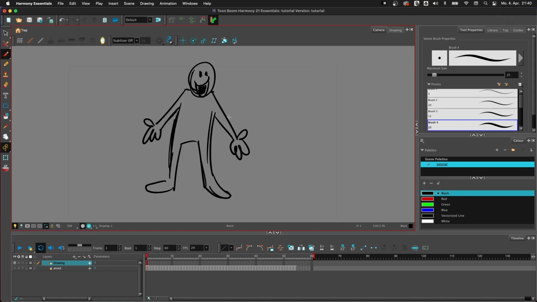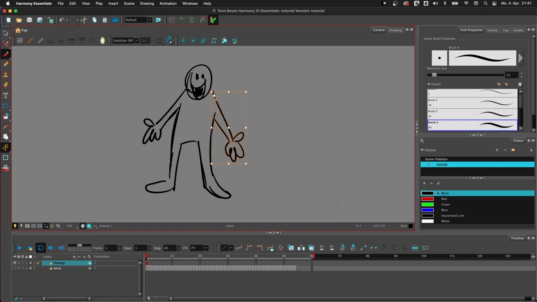So even if you do your rough drawings, it sometimes helps if you see when I press down Command, I can select these individual lines and let go of Command and then delete them, which is also super useful. And I could also say, okay, you know what? I want to just move around this head. So I just select this head and move it around,